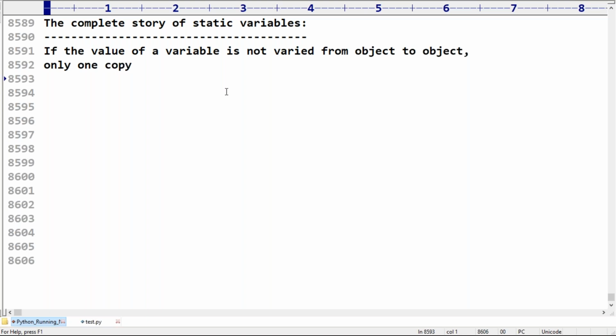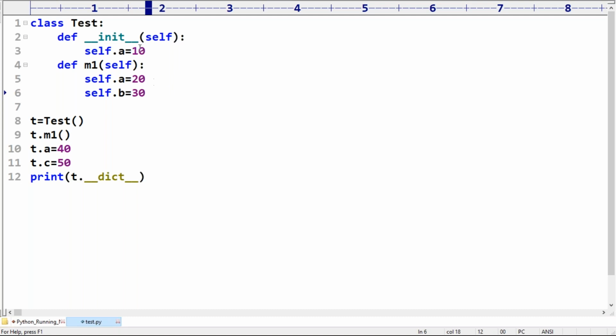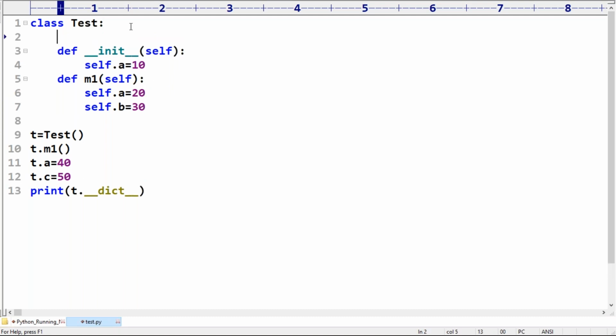Next, sir, in general, where can we declare static variables? Anyone, can you please confirm? Static variables we have to declare directly within the class, generally inside the class. For example, a = 10. I can call it a static variable, a class level variable. Remember, generally we declare it within the class directly.